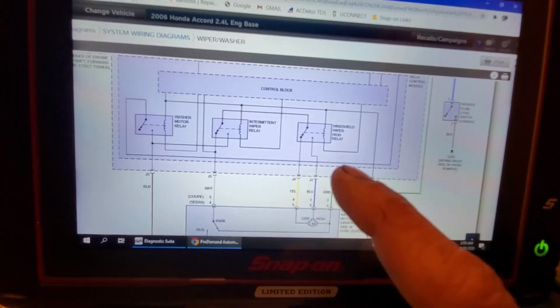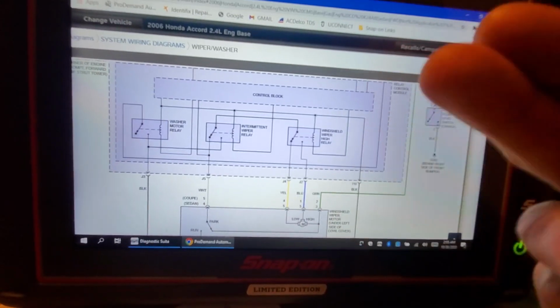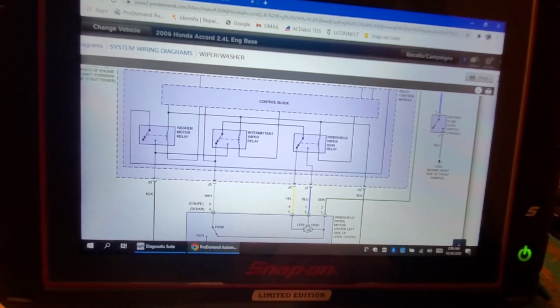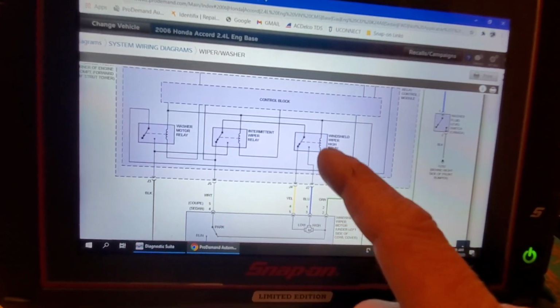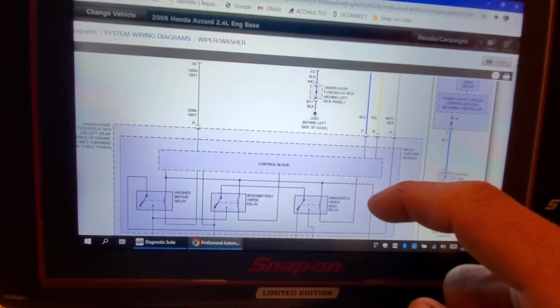Now again, the complaint is that with the switch in the off position, key on or running, the wipers are running non-stop. So, do we have an output problem? Do we have a relay problem? Do we have a park run switch problem? Could we have a wire issue? We could have a lot of possibilities here. Let's look at the input side